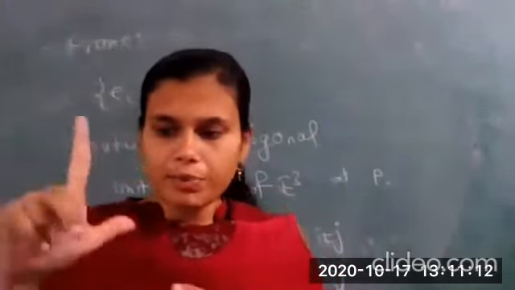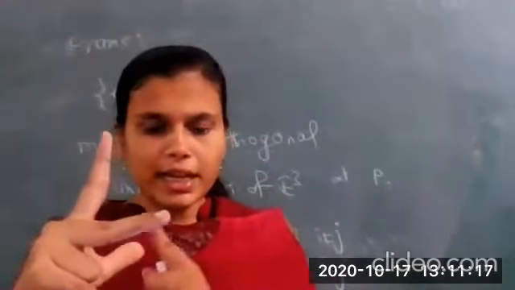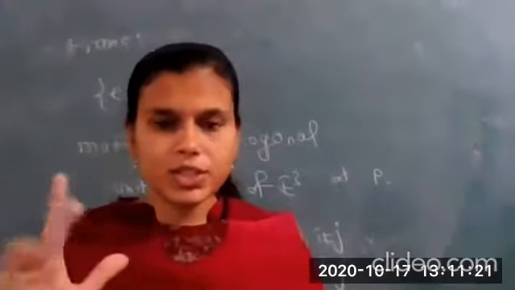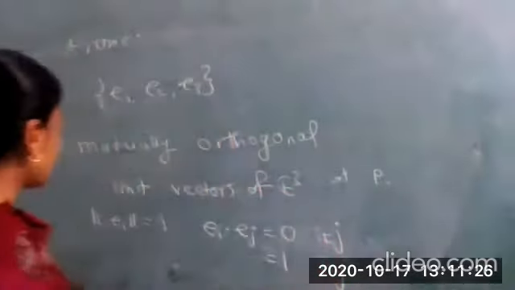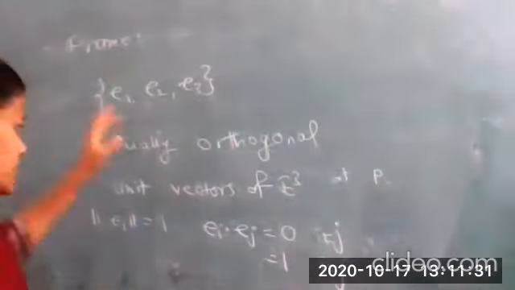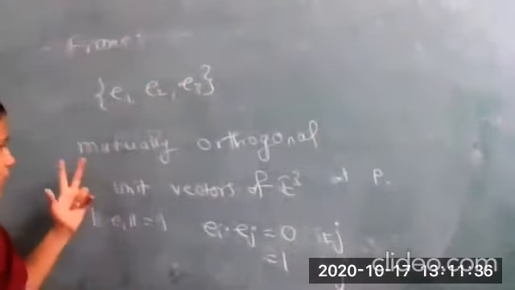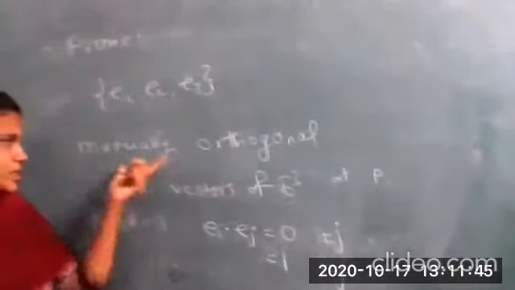Similarly, I can have x, y, z. What is the dot product between the x and z axes? It is obviously equal to 0. In a very similar way, suppose we have E1, E2, E3. E1 is a vector in the x direction, E2 is in y, and E3 is in the z direction. We know that x, y, z, that is our 3D space, with x, y, z axes, are obviously mutually orthogonal.